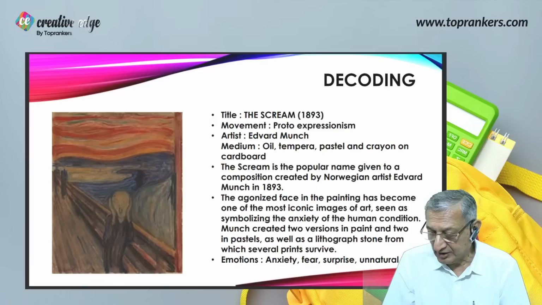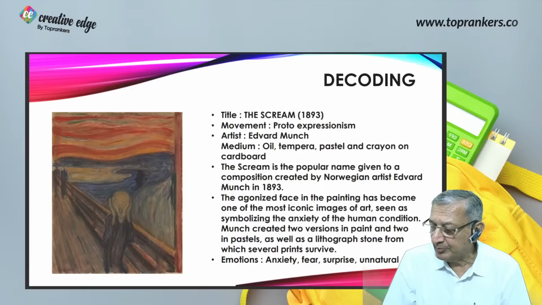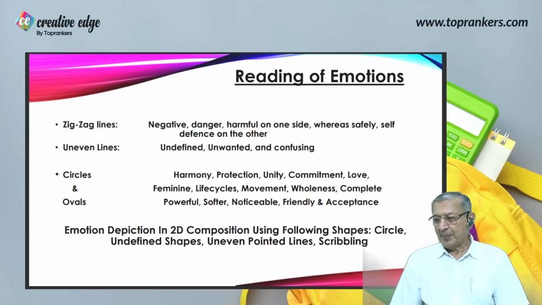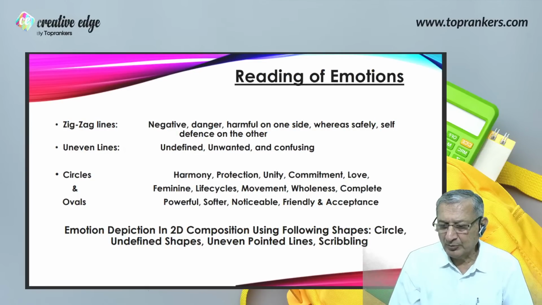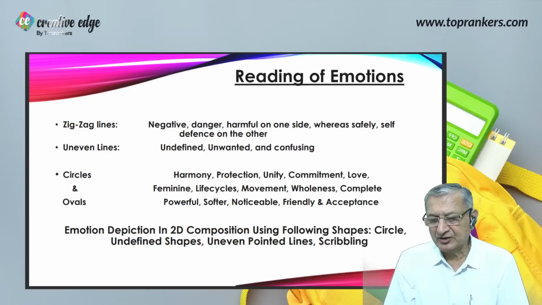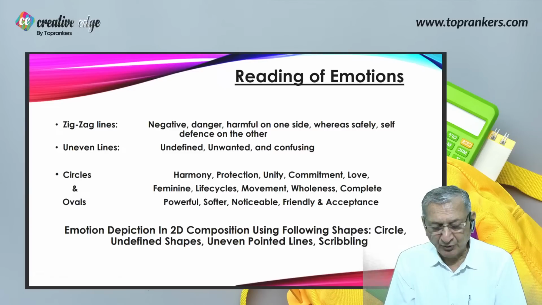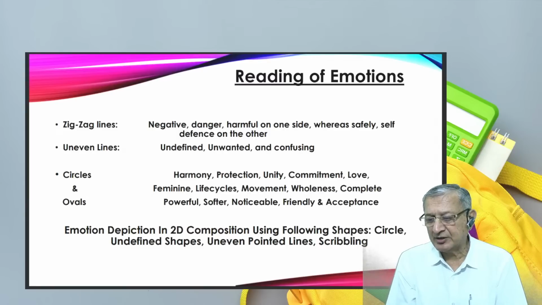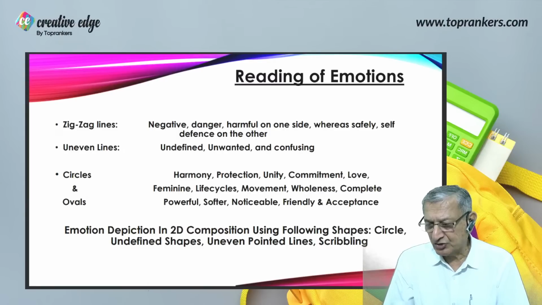But if you're not, then just recognize the emotion depicted by it. And then in a two-dimension design, if you remember all those emotion depictions by different kinds of lines, shapes, and forms, try to make those shapes, forms, and lines and depict the picture in a